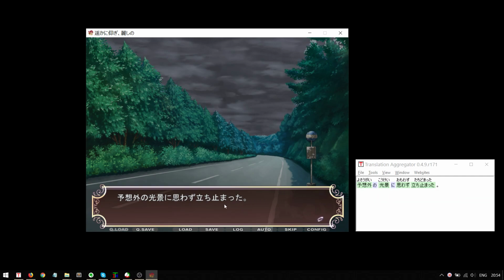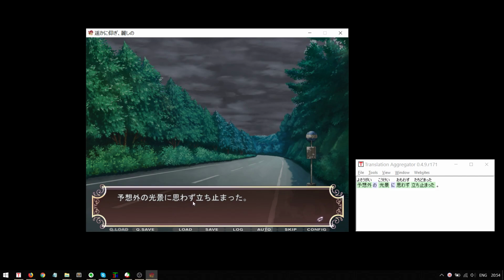In this case, it means not what you expected. Yoso means someone's prediction. Yosogai means like an unpredicted circumstance or unpredicted event that happened. Keshiki is like a scenery. Omowazu